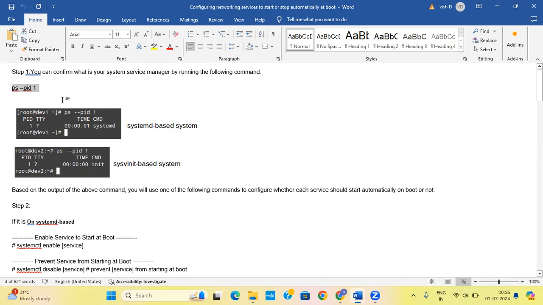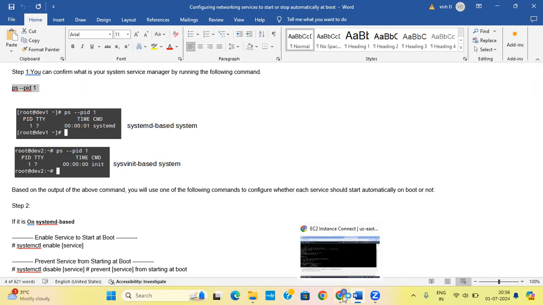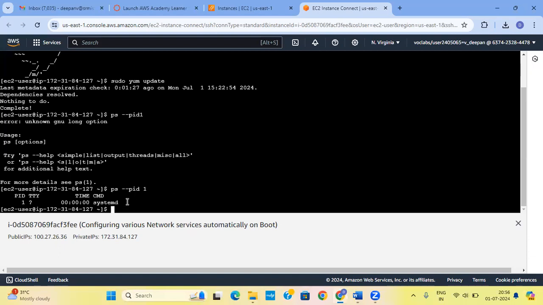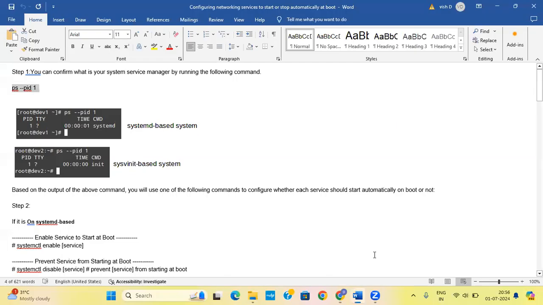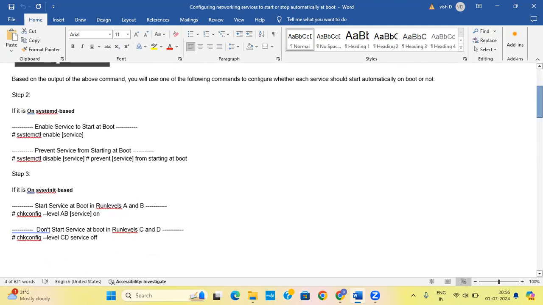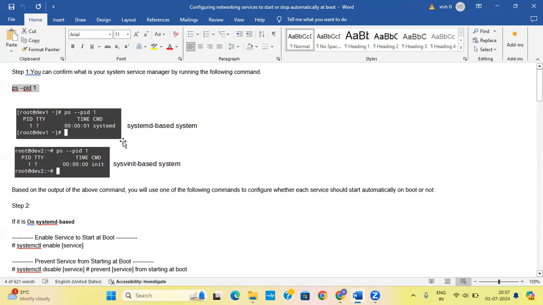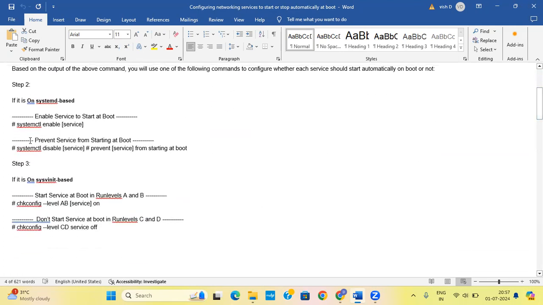So now, after typing this command, we need to check what kind of system manager our virtual machine or the local machine is having. Now you could see, after giving this command, what is the system manager my system is having? It is systemd based. In case it is an init based system, you have to follow the init based system commands. I have clearly given the steps on how to execute all these things. Since my system manager is systemd based,